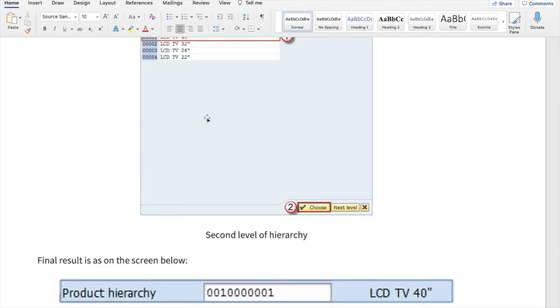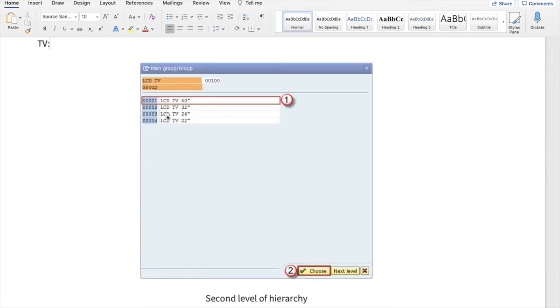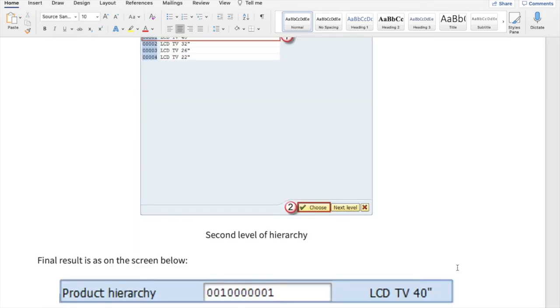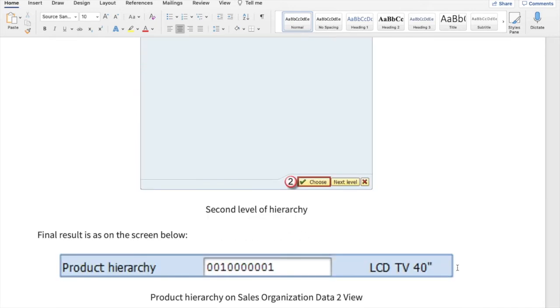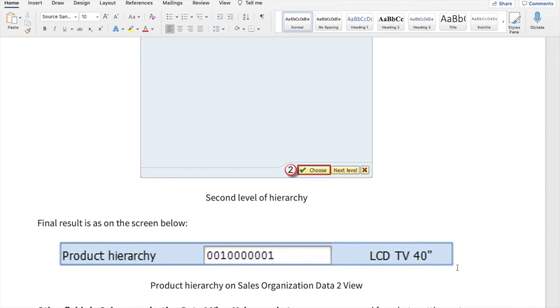So although you are writing product hierarchy 001001, that means in the first level, the system will understand when we say 001000, it will take from all these tables and put them together. You will understand you are actually asking for LCD TV, and under LCD TV, 40-inch LCD TV. So from looking at the number, it will understand LCD TV 40-inch.